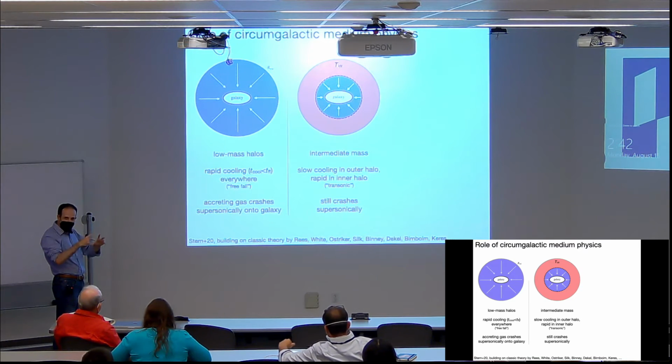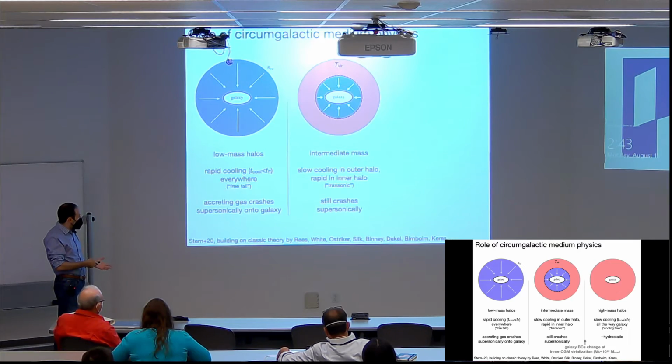So the inner parts are the last to stably virialize. And so at these intermediate times, from the point of view of the central galaxy, the gas is still crashing onto it supersonically. But eventually, the CGM is going to fully virialize